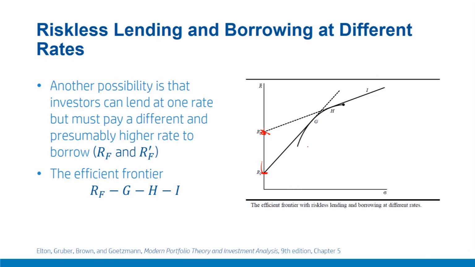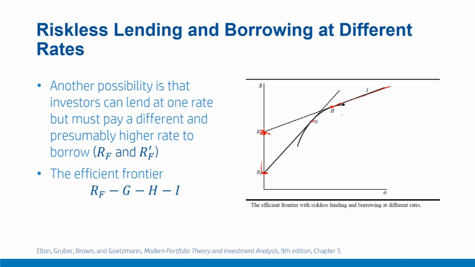So the investment profile for this case is shown here. Now the borrowing is at RF dash, which is higher than the lending rate RF, and again for the risk-averse investor, the risk return profile remains unchanged. However, the region of borrowing is modified due to the higher risk-free rate. So the region of borrowing is here. This is the region for borrowing for him, a higher region. Let us say that with the new borrowing rate, the point of tangency is H. So for this RF dash, the point of tangency is H. For the lower rate, the point of tangency is G.